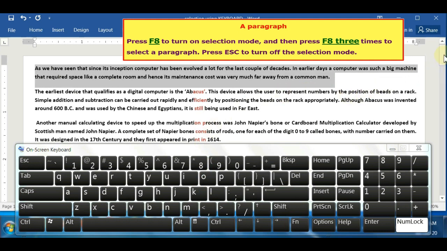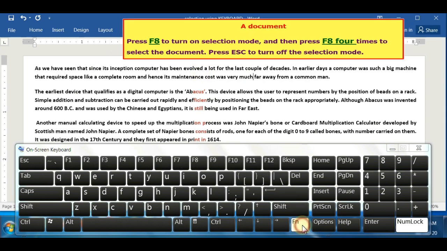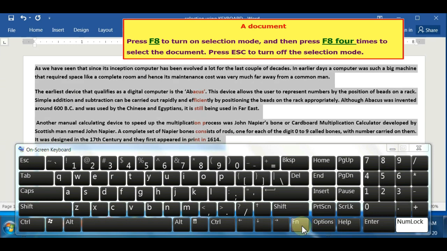If you don't want that selection, if you want to cancel it, you have to simply press Escape, ESC, the escape button of the keyboard, so that the selection mode gets turned off. Yes, if you want to select the entire document, you have to press F8 four times. Four times you have to press the F8 function button.